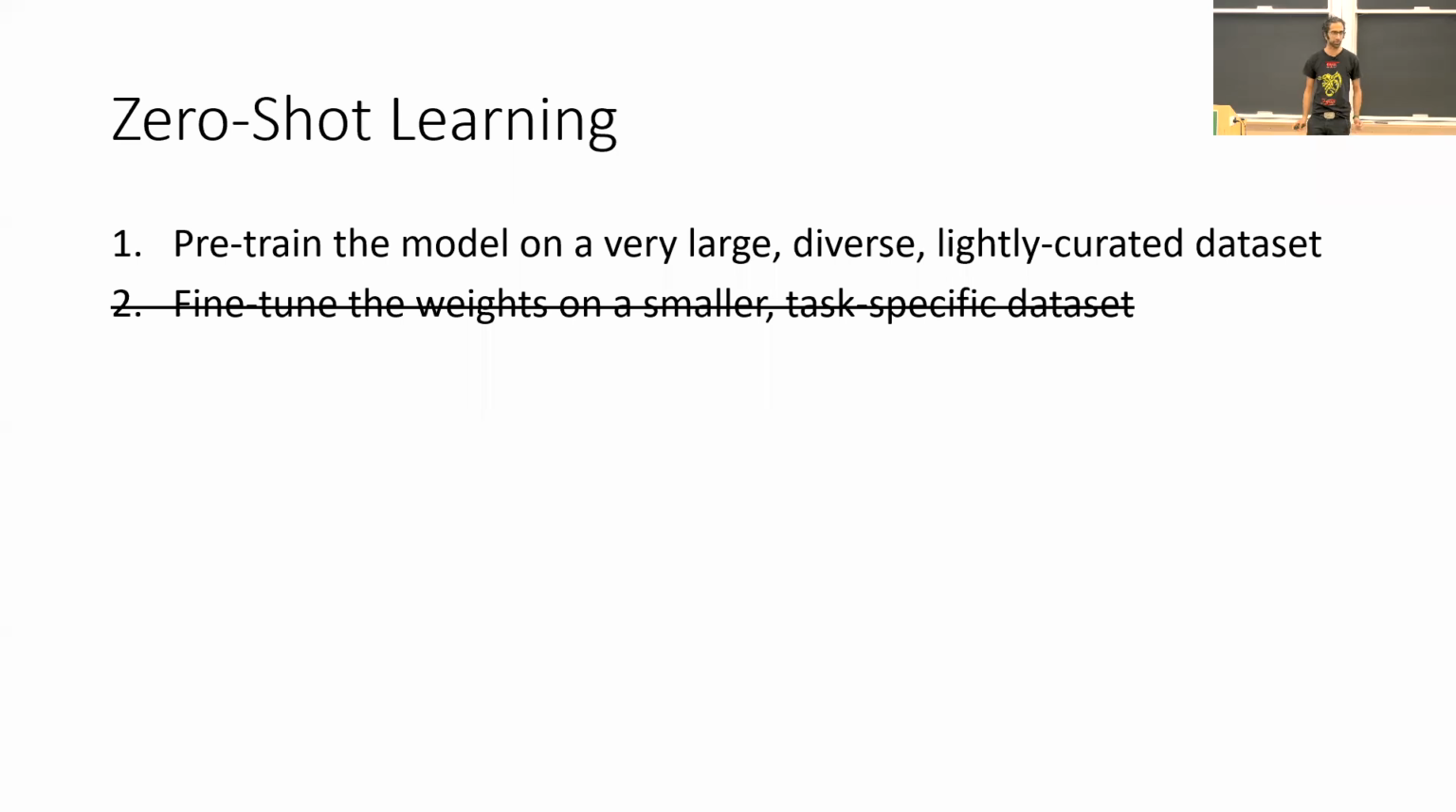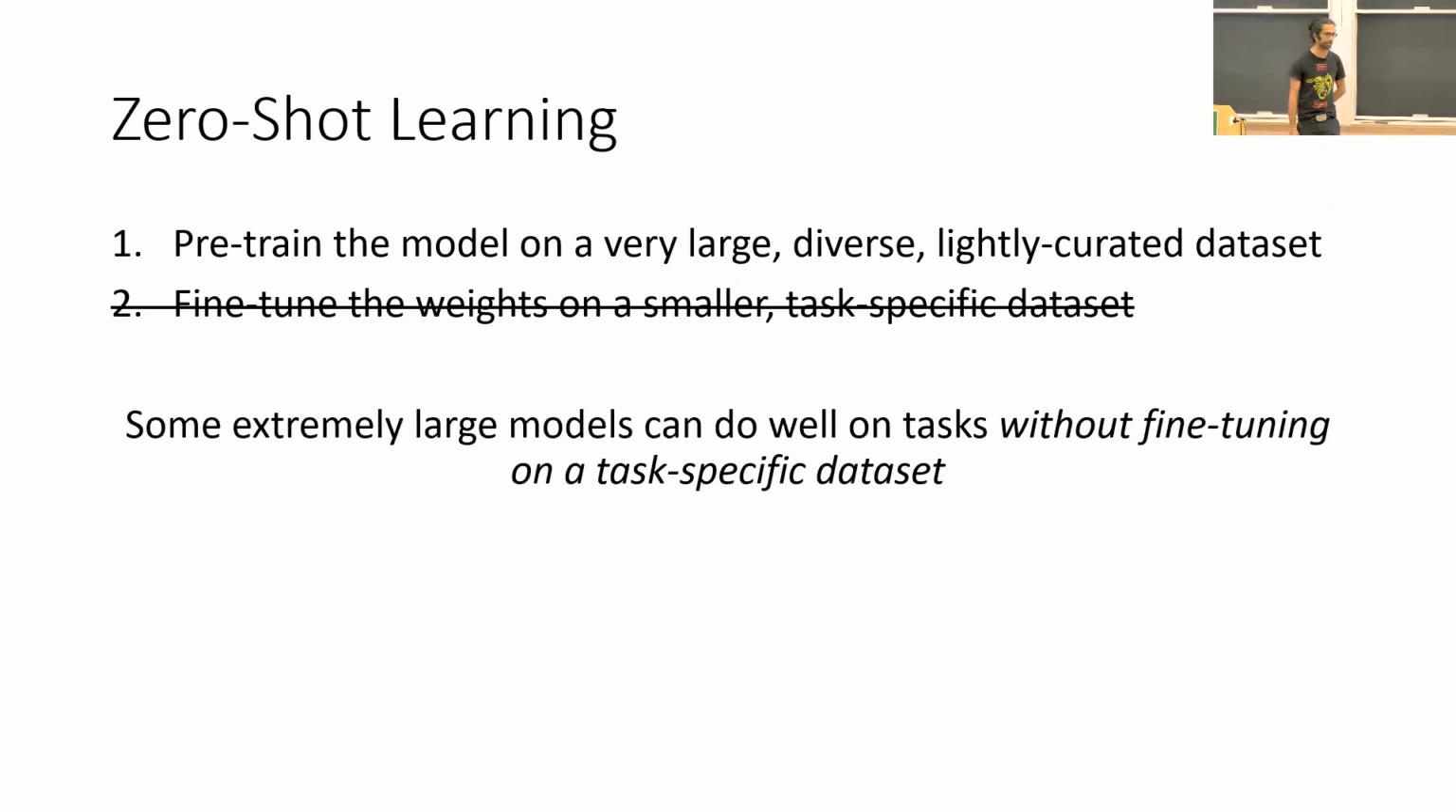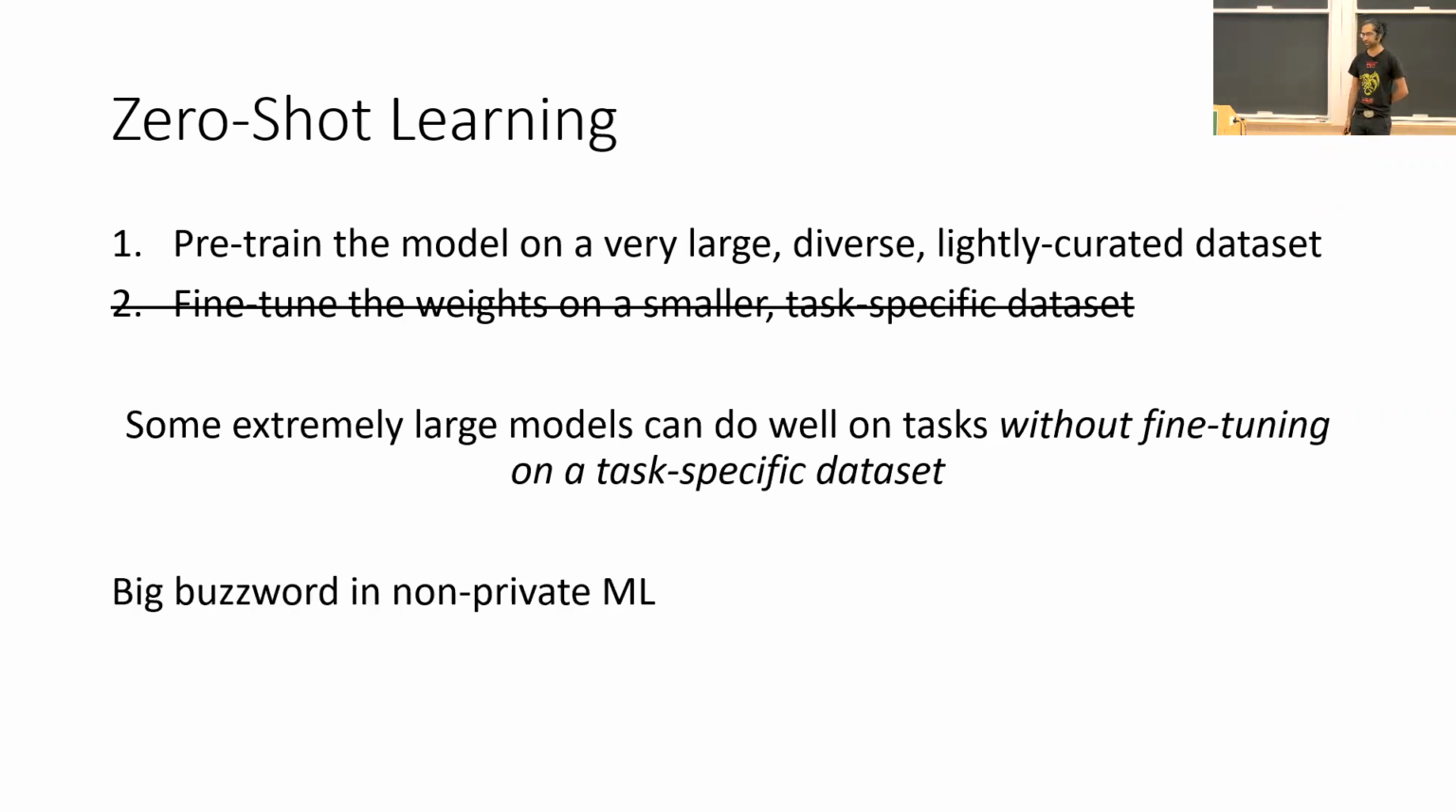For example, you could train a model on this, say, JFT data set, and from there you don't fine-tune the weights, nothing. You just ask it to do some other task, which is seemingly not super related, and it still does really well. This is a surprising fact to me personally, but it seems that some extremely large models can do well on tasks without fine-tuning on a task-specific data set. This is a big buzzword in non-private ML. It's emerging. There are some zero-shot capabilities of certain models. It's not like everything is doable without any fine-tuning, but there have been some big advances